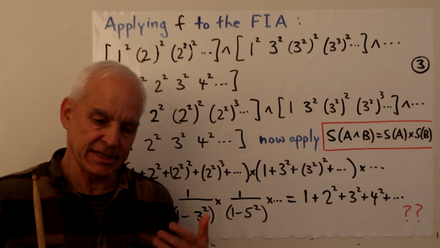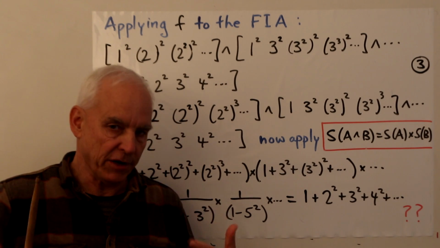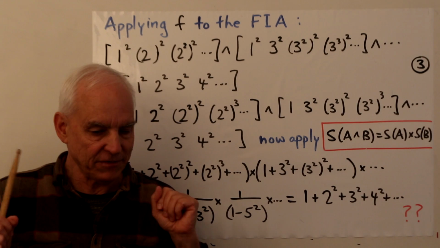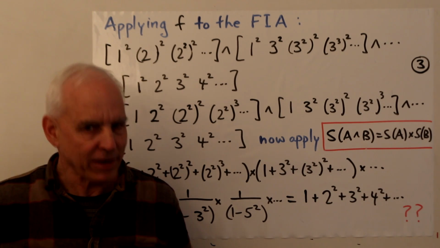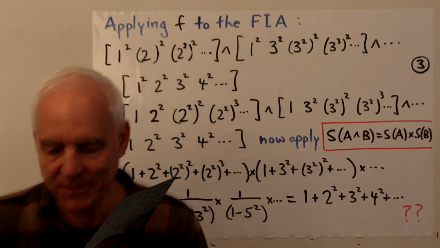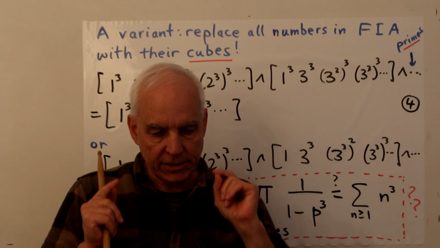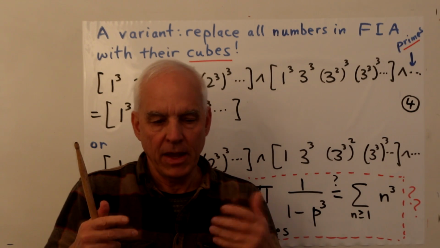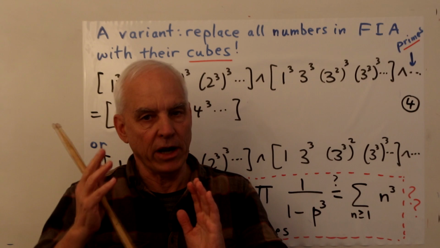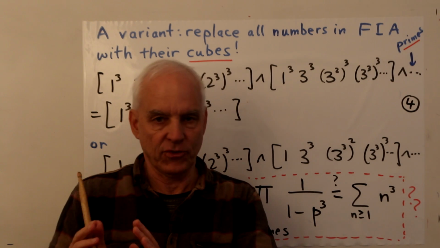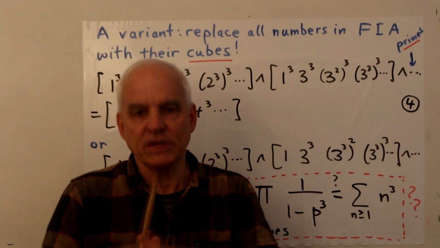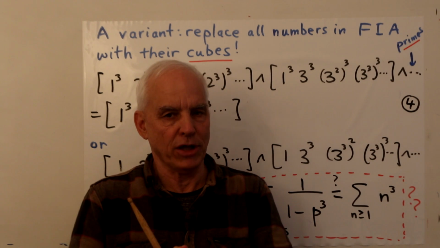But nevertheless, this is in the spirit, in the direction of the Euler product for the zeta function. So let's keep going a little bit further with it. What made that work is that the squaring operation has the property that mn squared equals m squared times n squared. But that multiplicative property is shared by lots of other things.